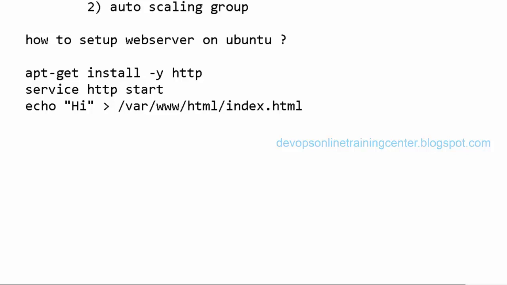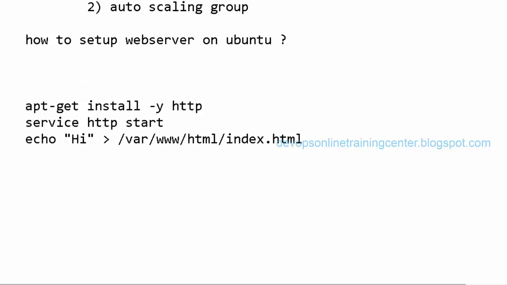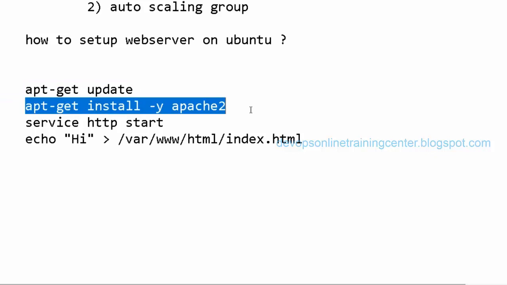I think you need to open the port, the security. Yeah, I think we have already opened the port on that server. For installing anything, the first thing we need to do is apt-get update. That is one point. And the second thing is it's not HTTP, it's apache2. And this is HTTP start, and this is fine. This will work, right? Okay. So if it is yum, we directly say yum install.